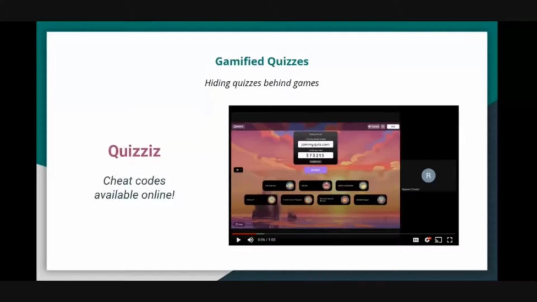So for a fun class exercise, this is fine, this is great, because it doesn't matter, right? Even if they cheated in a class exercise, how does it matter? But it's fun to use. But if you think of using it as a serious assessment tool, then there might be a problem, because although all students may not know this, computer science students would definitely know how to get a cheat code. And once that is out, then it doesn't make sense.